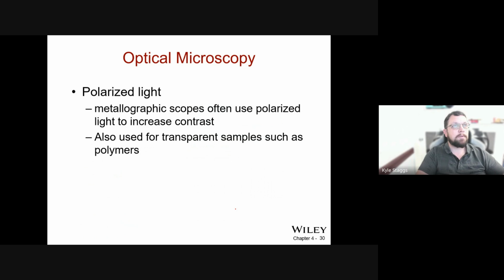It's also important to know that the metallographic scopes are using polarized light in order to increase contrast. So they put a filter into place to only allow light with a common polarization pattern to pass through. And they're also useful for transparent samples such as polymers, in order to make sure that you're not seeing things